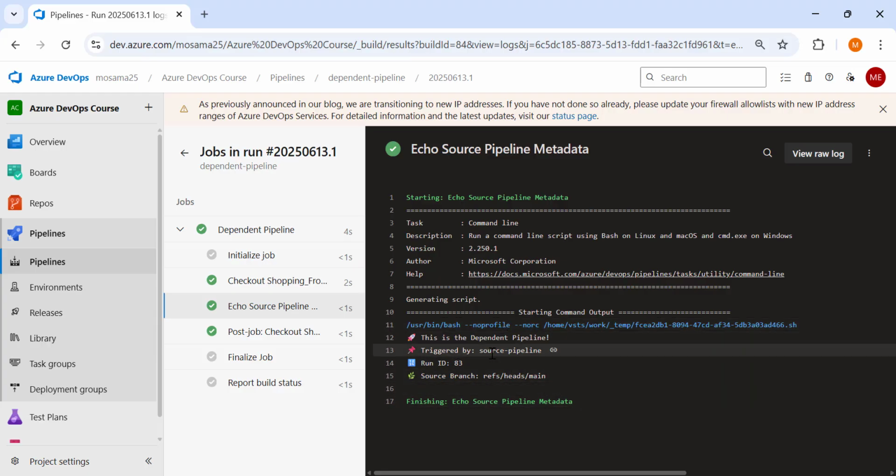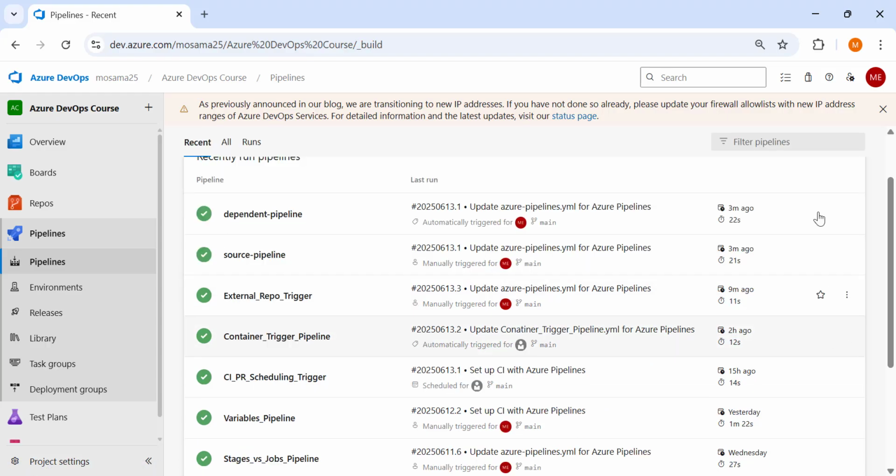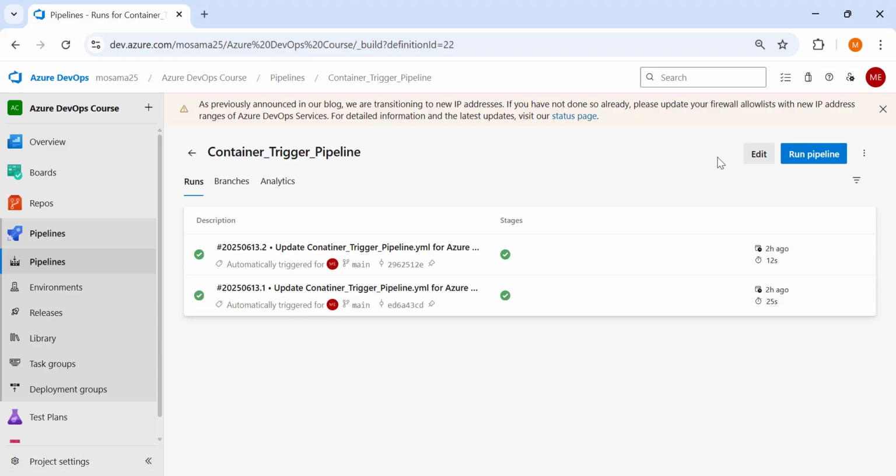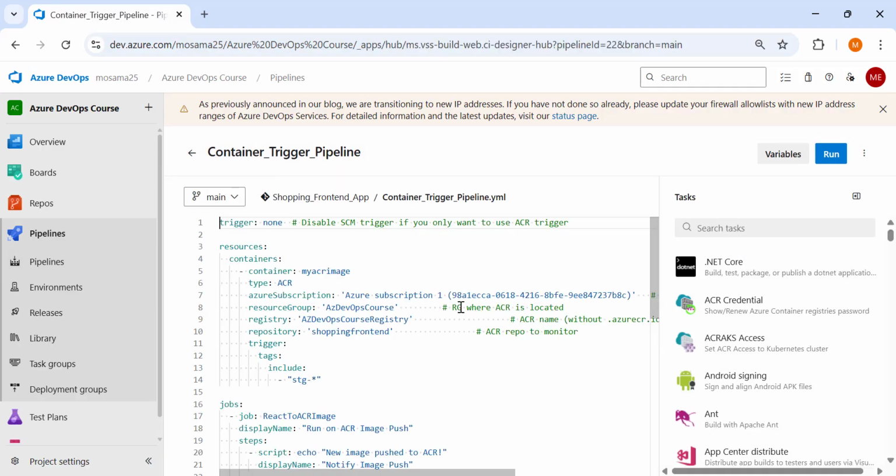Let's go for the container resource trigger. If I turn back, I have made a pipeline for the container resource trigger. Let's talk about it. The container trigger makes our pipeline triggered when a new image is pushed to your container registry. You choose your container registry and the repo name. You can also filter the tag that is pushed in your repo. And when there is a new push of an image tag to this repo in your registry, the pipeline will be triggered. So that is the container trigger.